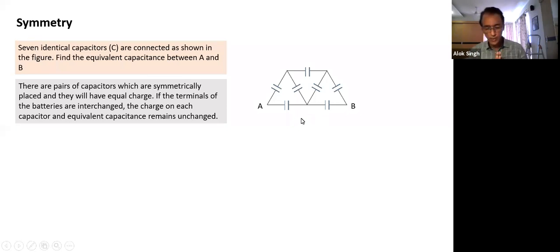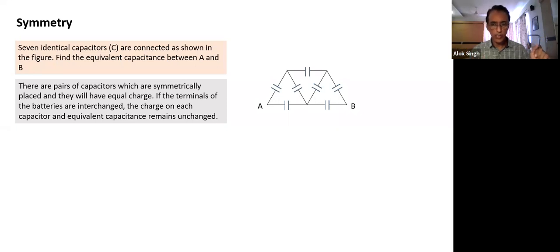I proceed further, one more thing we learn: when we say find the equivalent capacitance between A and B, we never say which terminal the positive has to be connected to, which terminal the negative has to be connected to. So which basically means the capacitance is not dependent on the polarity of the terminals. Between A and B is the same as B and A. It's not dependent on direction.